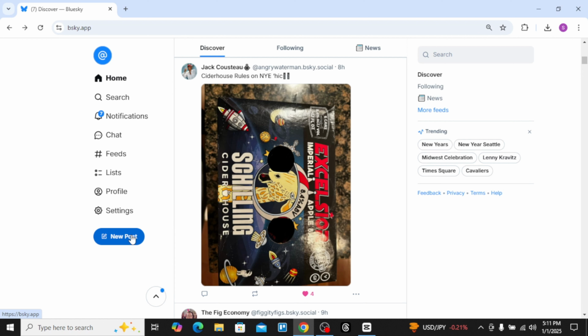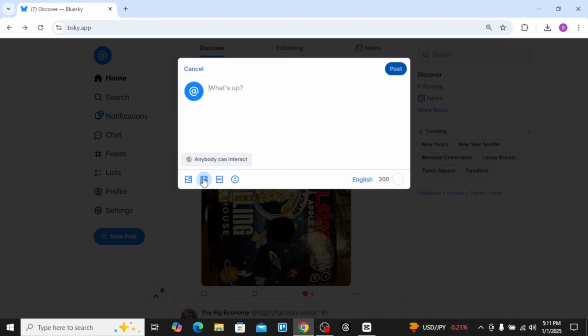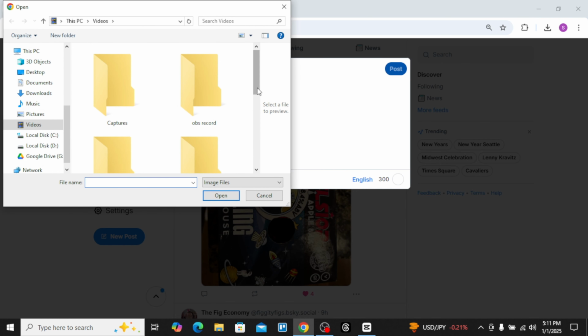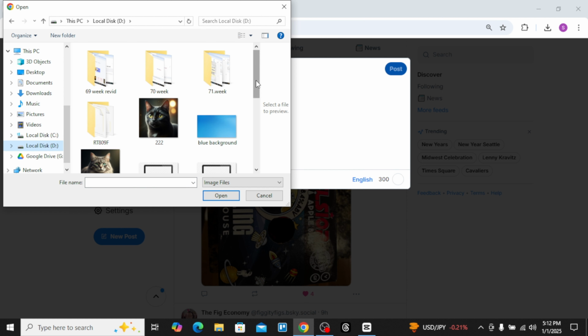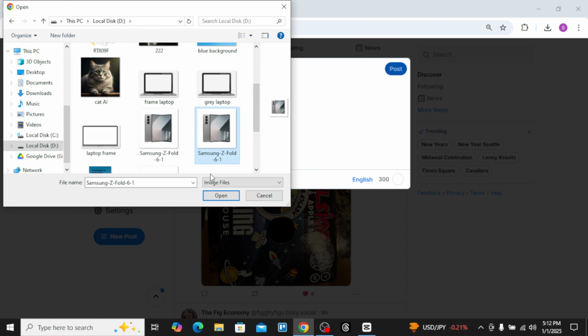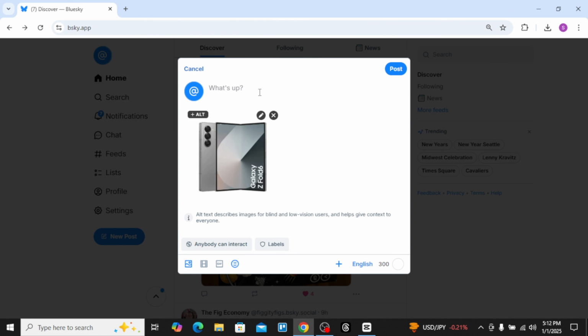So if I just tap on my new post and add an image as an example, I will just choose an image from my desktop, like this Galaxy Z Fold 6, which is the mobile phone of Samsung. So I will just write the title of Galaxy Z Fold 6, and if I want to write a hashtag on it, I will just get some space and